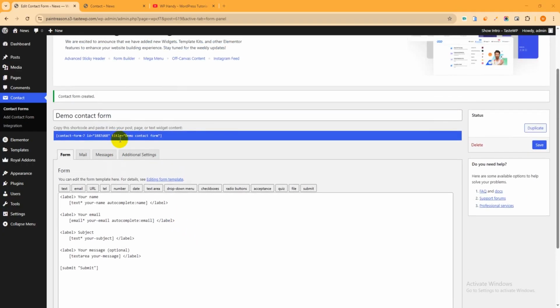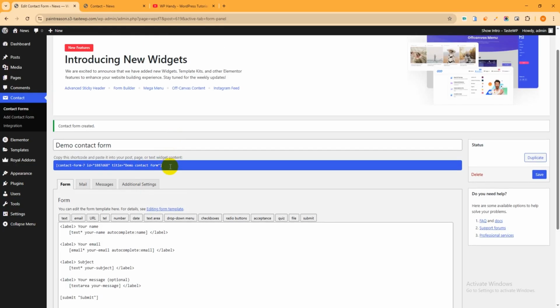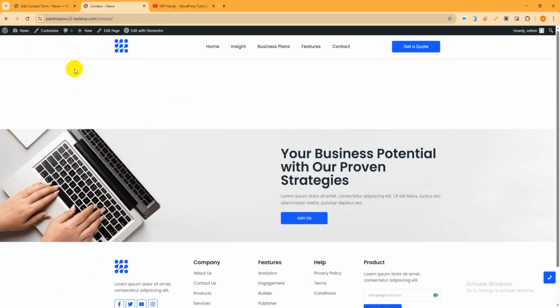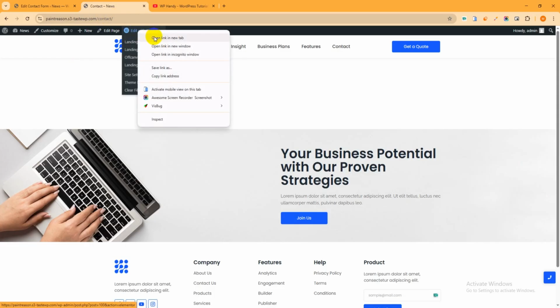Then I have to copy this shortcode. That's why I have to insert this shortcode in the page where I want to show the contact form. So just select and copy this shortcode. Then go to the contact page. This is the contact page and edit with Elementor. If you don't use Elementor, if you use like Gutenberg or the default classic editor, then you can edit the page. Okay, so currently I use Elementor, that's why just edit with Elementor. Click over here